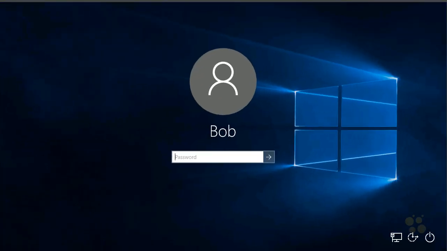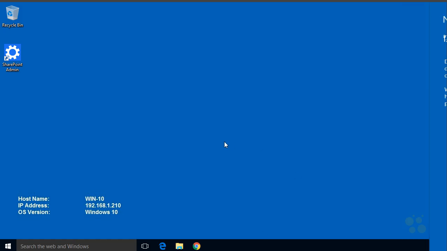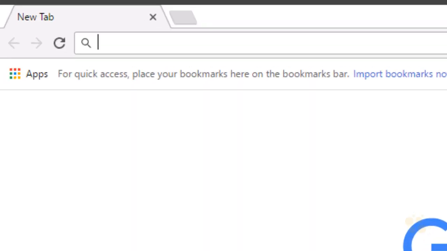So in our lab environment, let's log on to the Windows 10 client. The username is Bob and the password is Nugget, !23 with a capital N at the beginning, and we'll press enter to log on. So I'll go ahead and click on the desktop and let's launch Chrome to connect over to the SharePoint site. So to get there, we'll go to